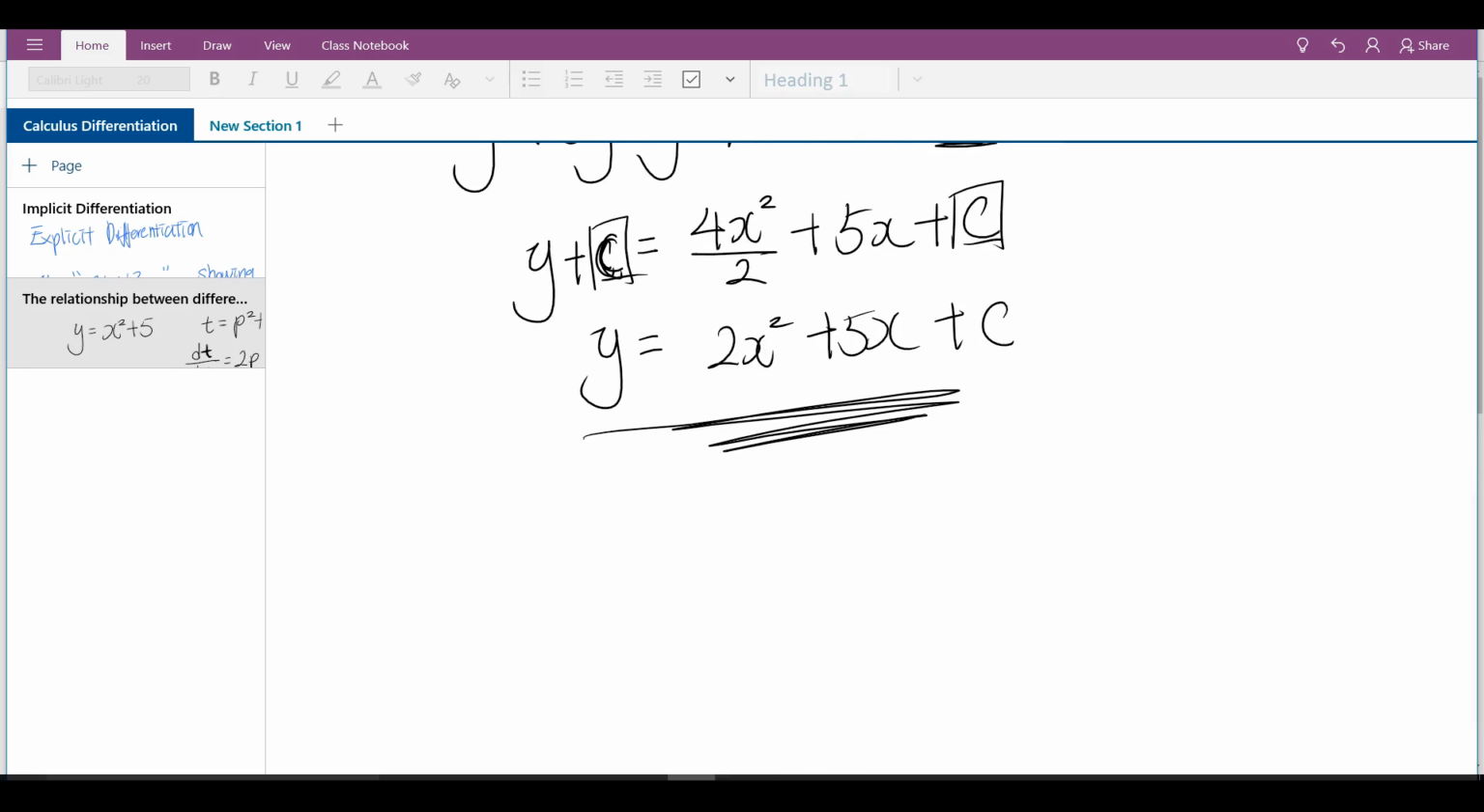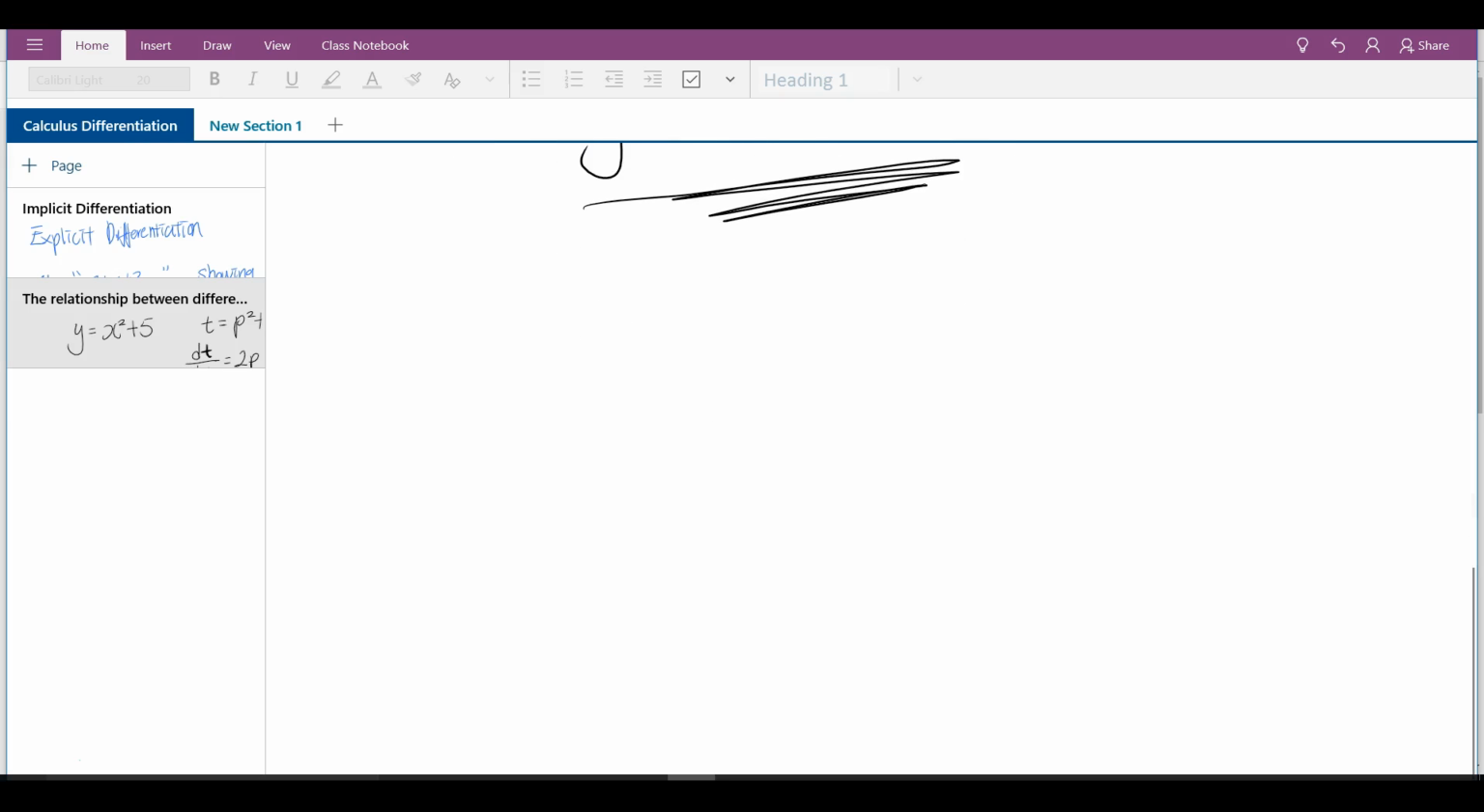So that should be how you understand the relationship between differentiation and integration. And let me think, one more thing. This is what I observe in most of the year 11 and year 12 students that I have tutored. If you are asked to differentiate this,